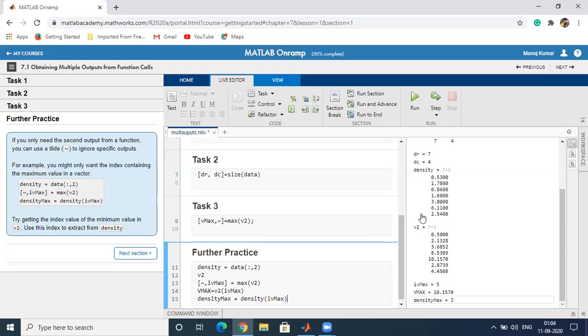But this is not the maximum value, because the index IV max was 5. That was from the previous calculation, which was from the v2, and that was used here, and this will give the value at the fifth place, which will be 3. So don't need to panic that it is not giving the maximum value for the density, because that index was for v2.